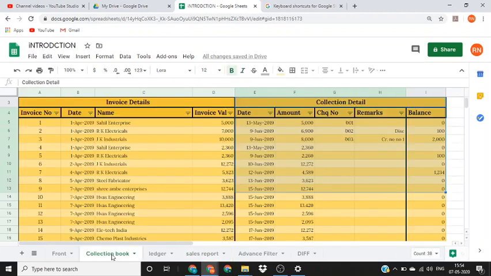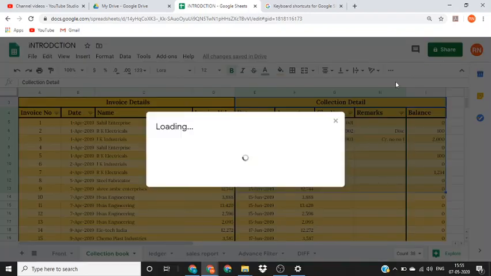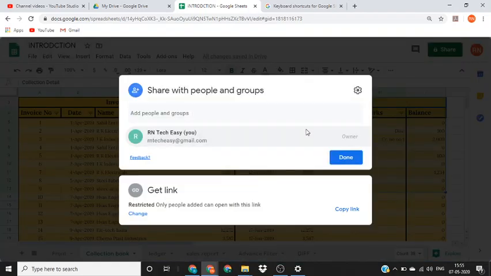Now we will move to the last part of our video where I will show you the sharing function of the Google Sheet. Google Sheet has this share tab at the right top of the window which allows you to share this particular sheet with any of your colleagues or employees.